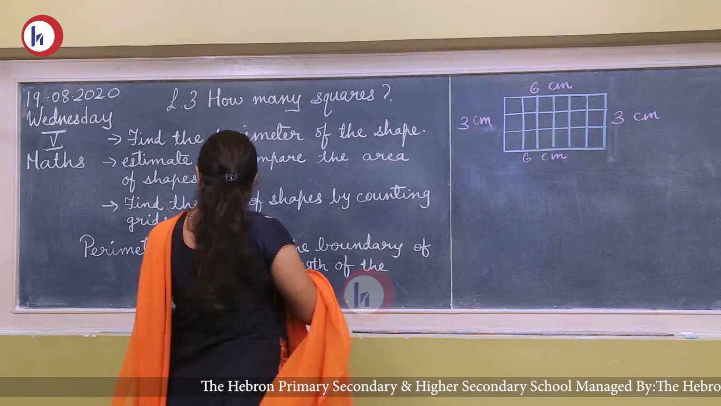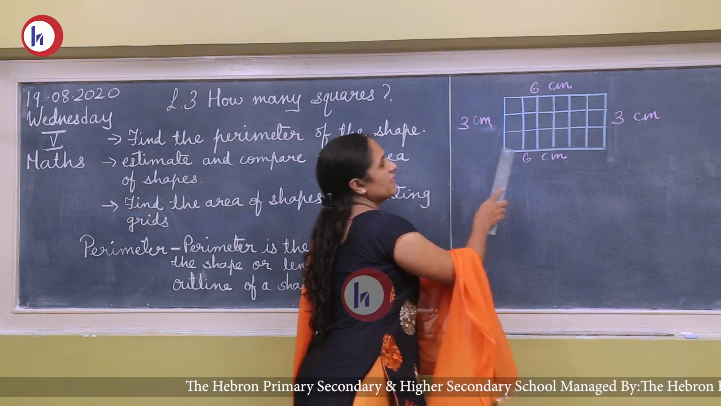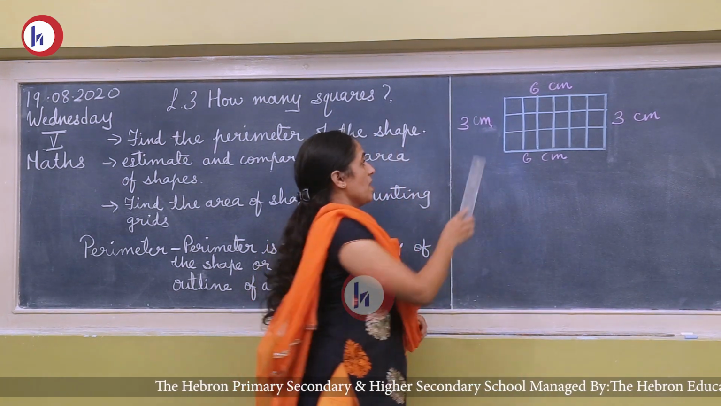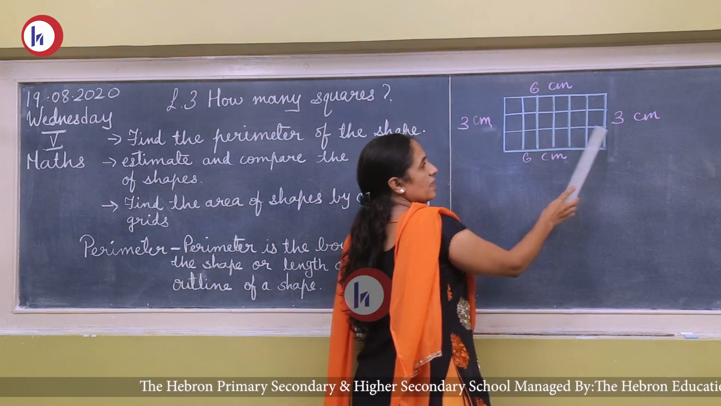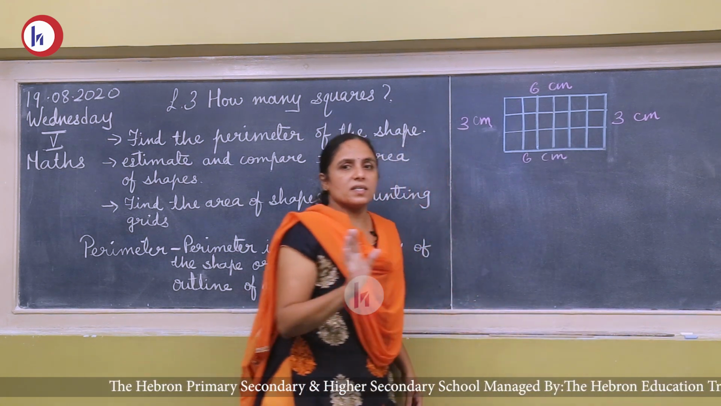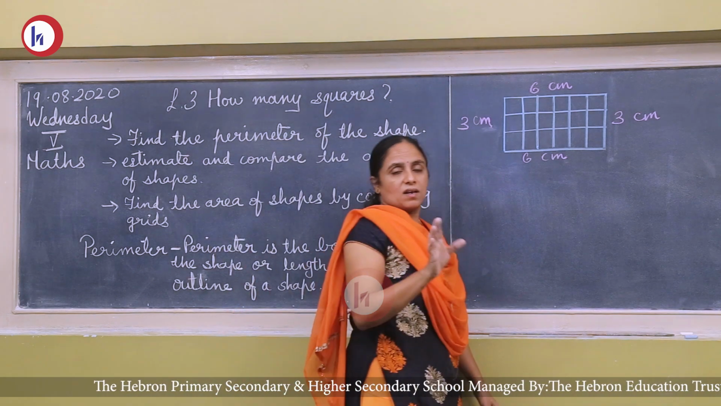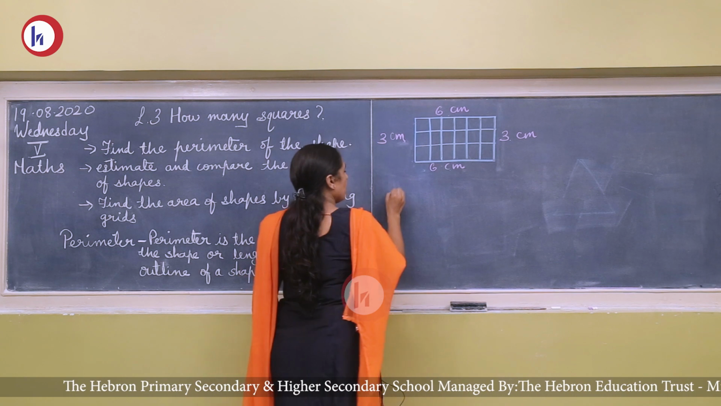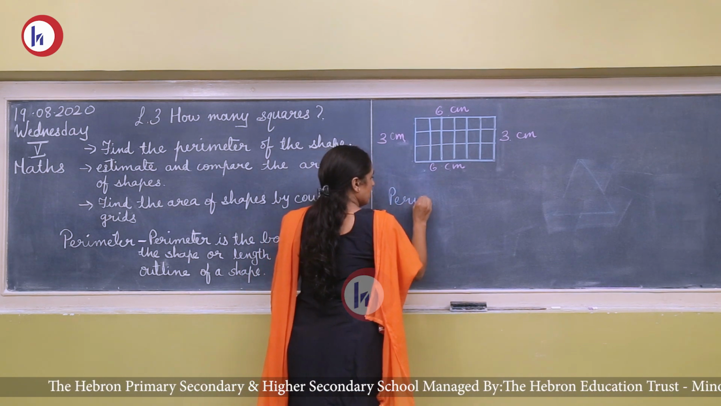See, here I drew one figure. Here it is a rectangle. See, always in a rectangle opposite sides are same. See, opposite. Here 3 centimeter, here 3 centimeter. Here 6, here 6. Rectangle always opposite sides are same, and square, all 4 sides are equal. So we have to do the sum. What we will do? Perimeter